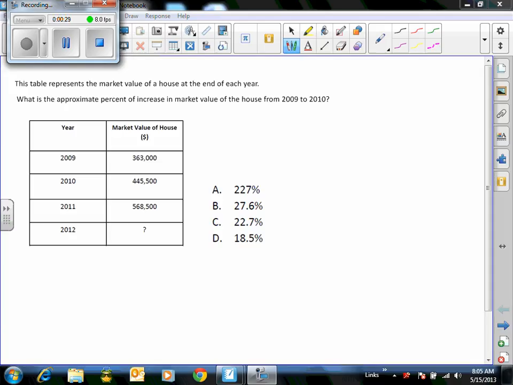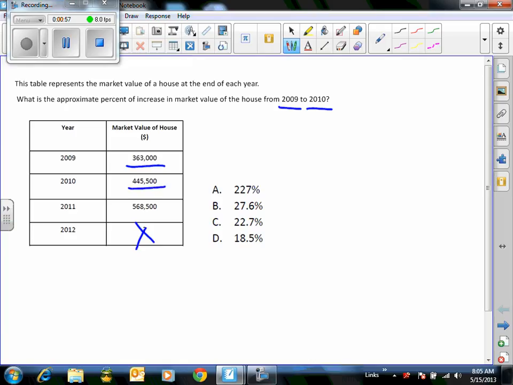So often, when you see a question like this, you automatically want to figure out what the question mark is. That's not what this question is asking. You have to read it very carefully. So what we're doing is we're figuring out the percent of increase between the values from 2009 to 2010. So I'm looking at this number, 363,000, and this number,